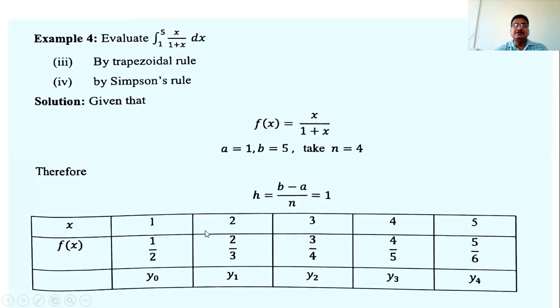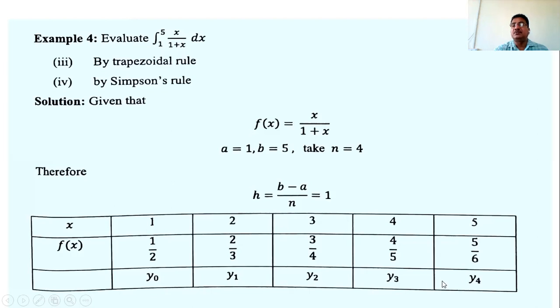And then prepare this table, the values of x, the values of y. So starting from 1, because the lower limit is 1, and then adding h each time, we get these values of x: 2, 3, 4 and 5. And the corresponding values of f(x) is x/(1 + x). So substitute x = 1, then we get the answer 1/2. Then substitute x = 2, we get 2/3. Then substitute x = 3, we get 3/4. In this way we get the corresponding values for 4 and 5,